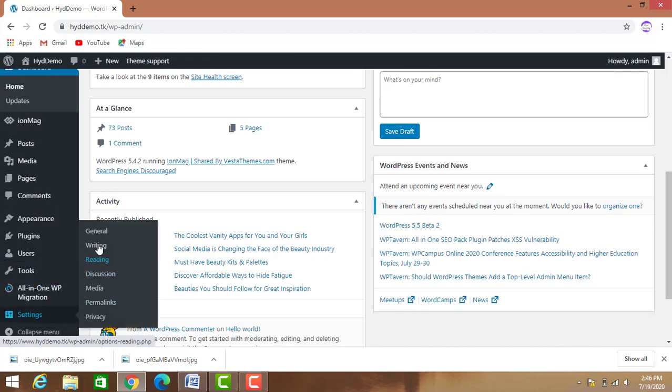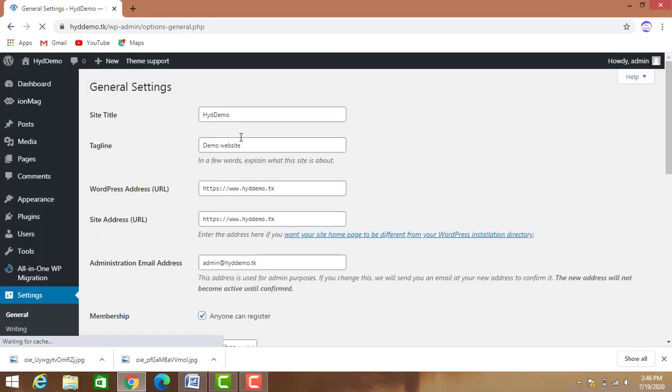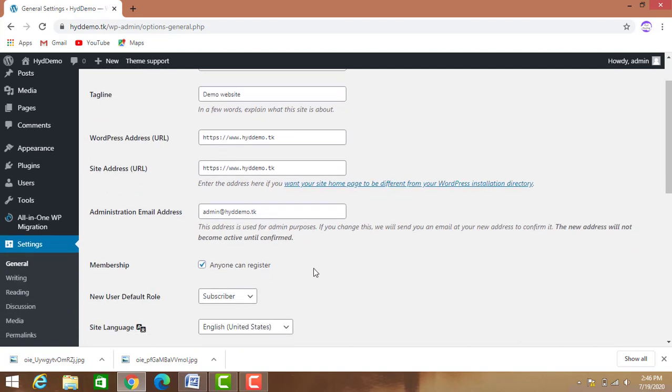Start from the general. Here you can write the site title and description of the website, then the URL.